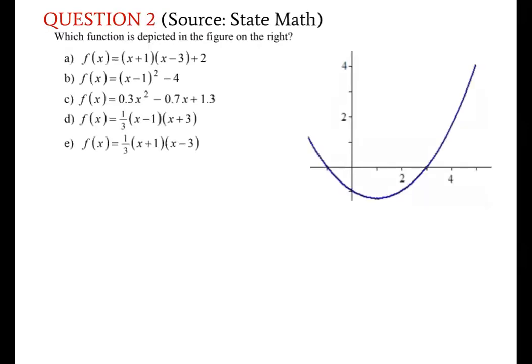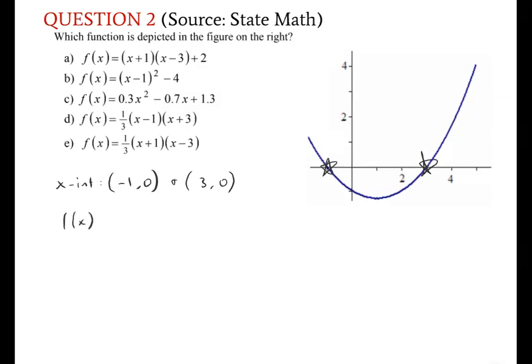Question 2. First of all, we want to find the x-intercepts. So basically these two points, you can't really see that, okay? And from this graph, we can see that our x-intercepts are just -1, 0, and 3, 0. So from all these equations that they give you, all these functions, we can see that the factors of